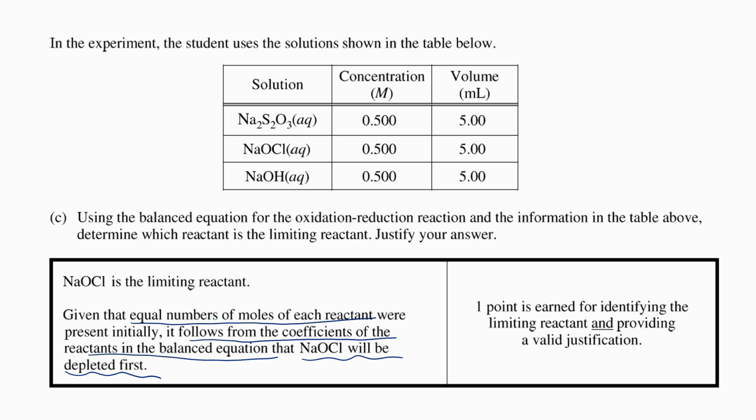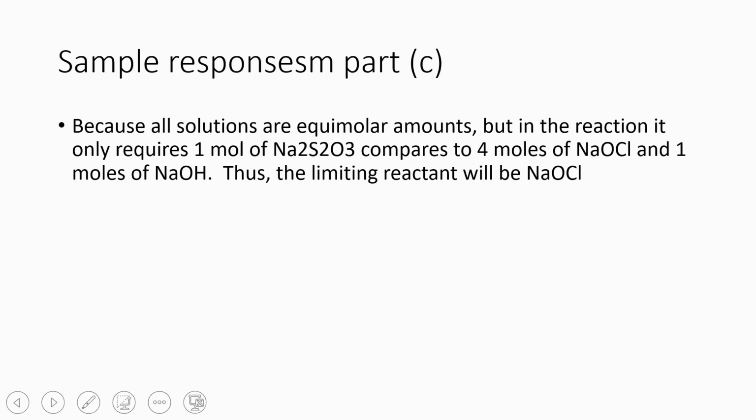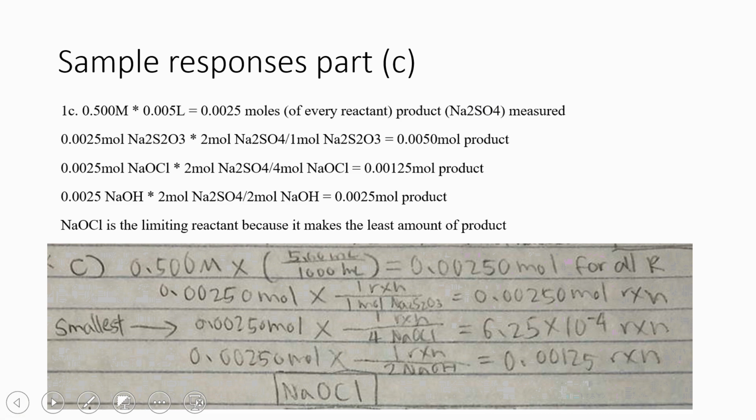And notice how this is just a 1-pointer. So you get 1 point for providing the limiting reactant and providing a valid justification. So if all you did is write down NaOCl and did not have a justification, you would earn 0 points in this question. The other way of doing this, so I'm kind of going backwards here, is to do a